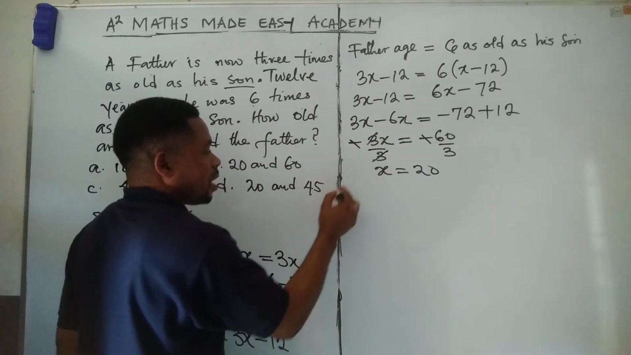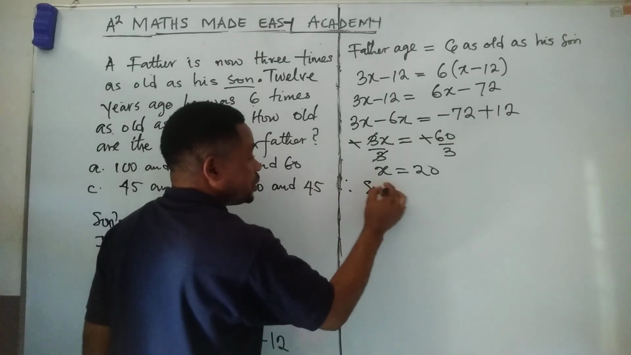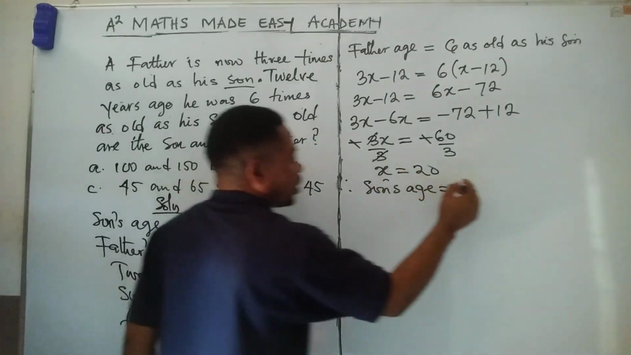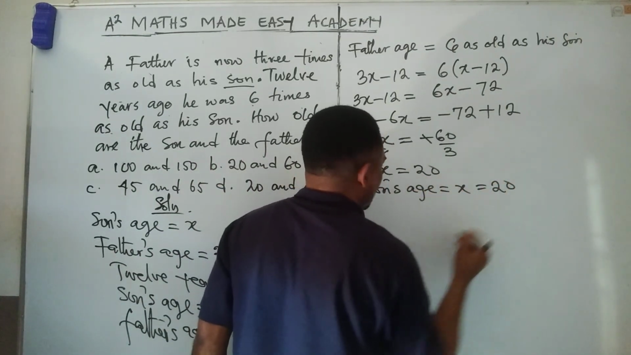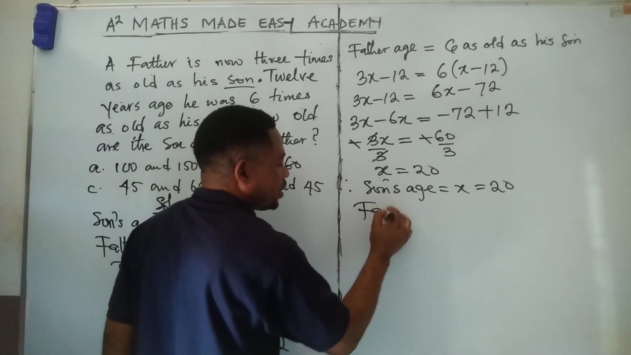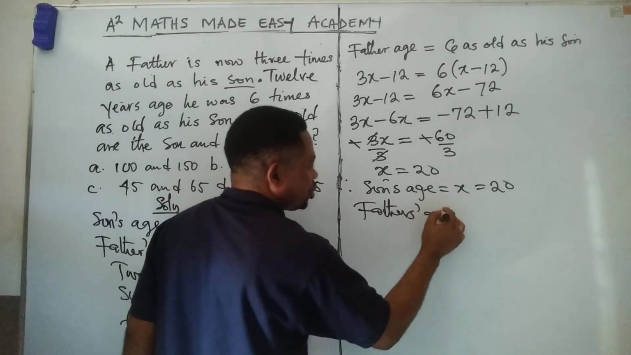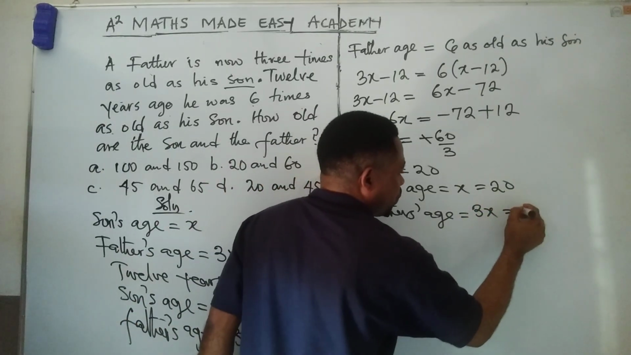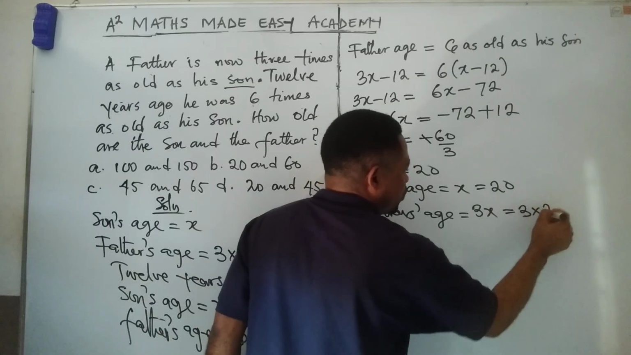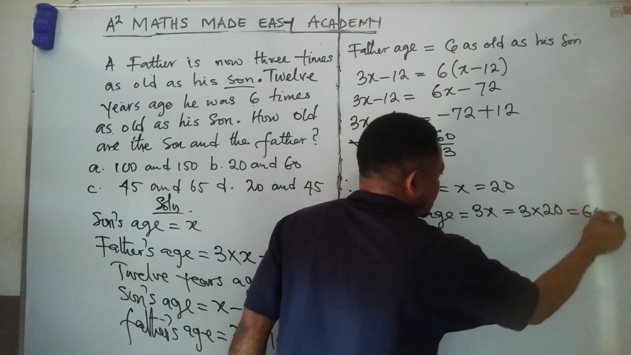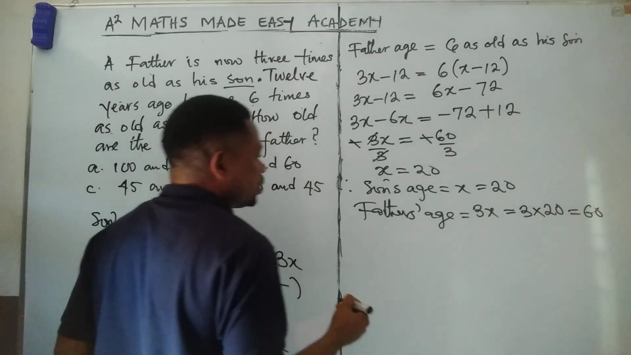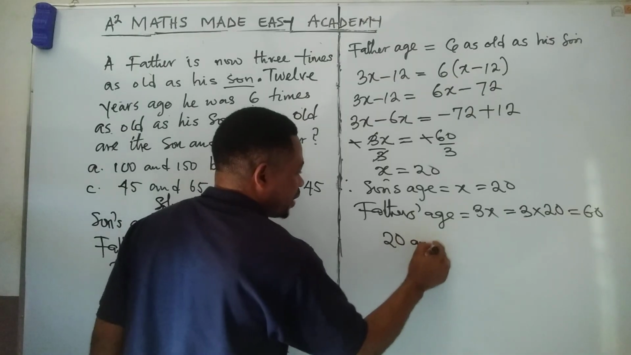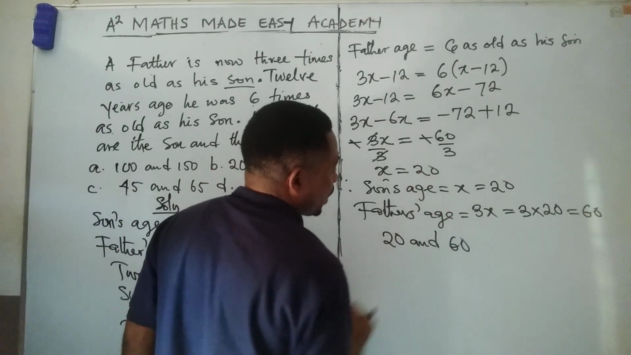Am I communicating? Now in conclusion, therefore, the son's age, remember we said it is X, and we have gotten the X. What is the X? 20. Now the next one is the father's age. Remember that the father's age is 3X. So if we substitute, we have 3 times, what is X? 20. So which is what? 60. Now the son's age is 20, and the father's age is 60. And that is the final